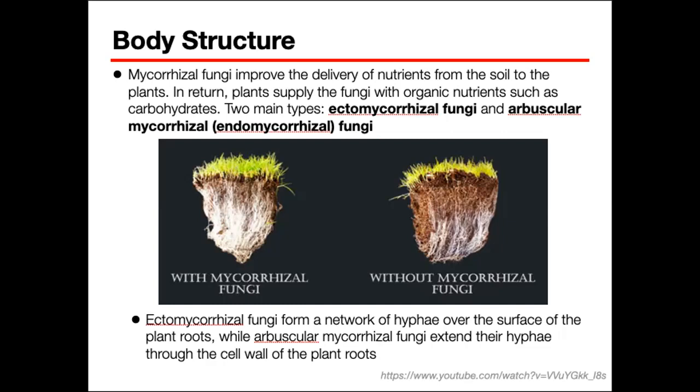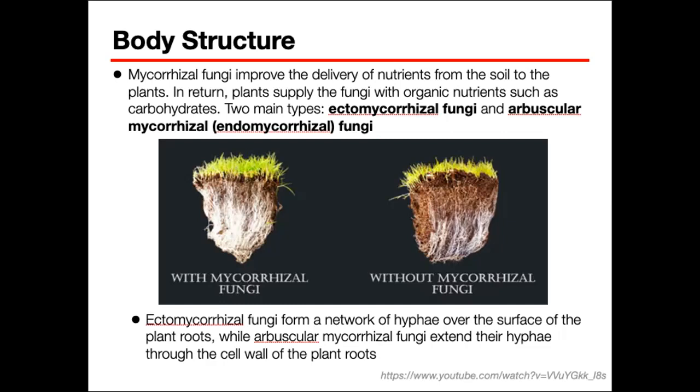So mycorrhizal fungi, meron tayong two main types depending on kung saan sila naka-attach sa root system. So if they typically grow on the surface, and in the extracellular space of the root cortex, yung sa tip ng ating roots, they are referred to as ectomycorrhizal fungi. Okay? In other textbooks, you can have arbuscular or endomycorrhizal fungi, and as opposed to ectomycorrhizal fungi,